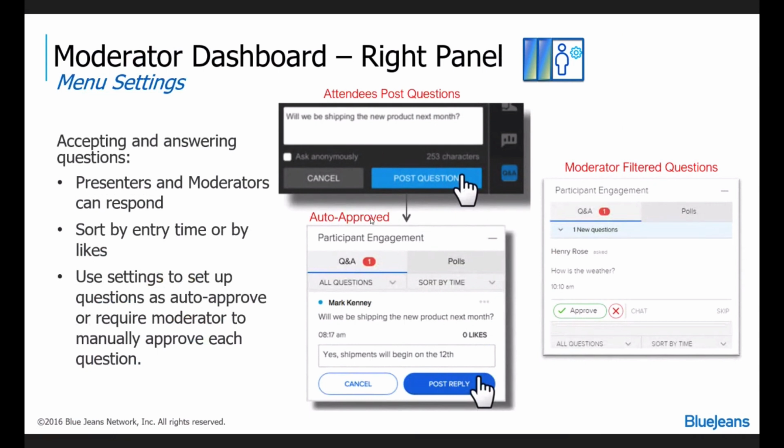When we look at the very bottom of the moderator dashboard, this is where all of my interactive tools are. And so this allows me to send out or actually address questions that attendees have sent in. If I've set up for manual approval, then this is where I would go to access the questions as they're coming in to go ahead and manually approve them. Just remember that if you are going to have manual approval, then you want to make sure that you have at least 2 moderators on the call, so that one is designated to the approval of questions,